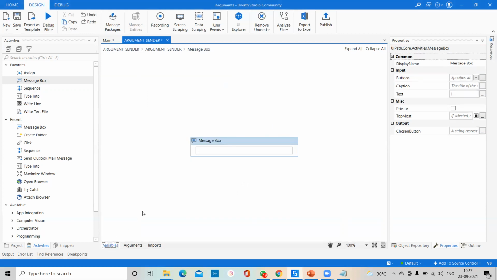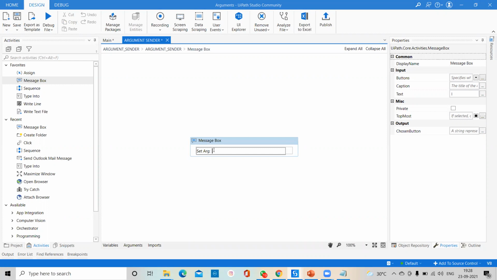But if you want to create an argument, we have to press Control M. Make sure whenever you press Control M, we are getting Set Argument. Through this way we are able to create the argument.